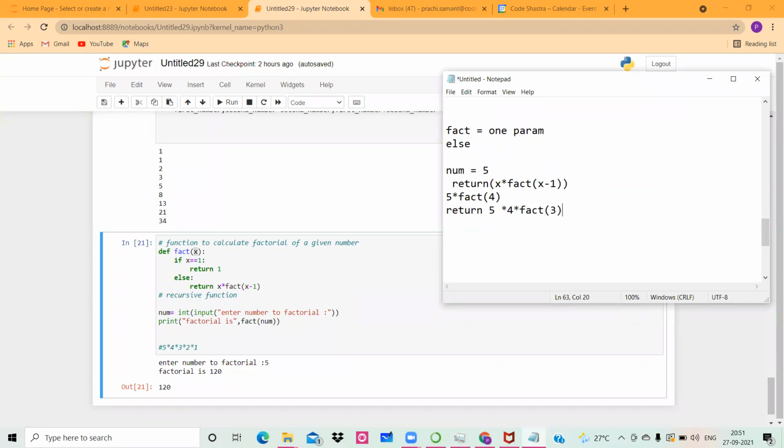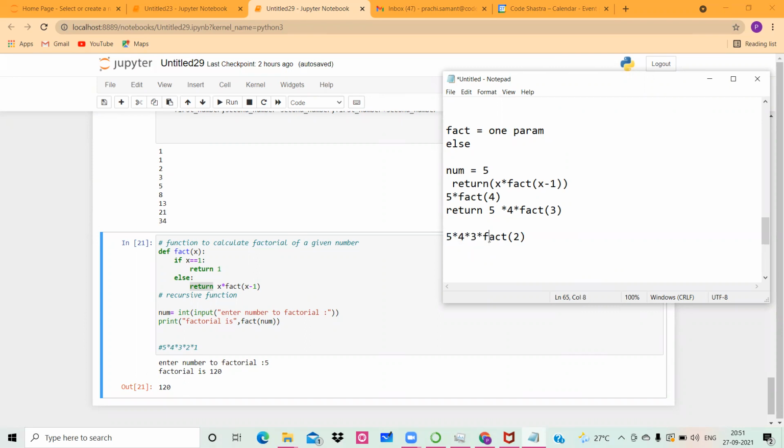So again it goes back to your factorial function and checks if the value 3 is valid or not. Yes, the value 3 is valid, so it goes to the return statement. Originally you have 5 into 4 as it is, and the return value of fact of 3 will be 3 into fact of 3 minus 1, that is 3 into fact of 2. 5 4s are 20, 20 3s are 60. Now 60 into factorial of 2 has to be identified.